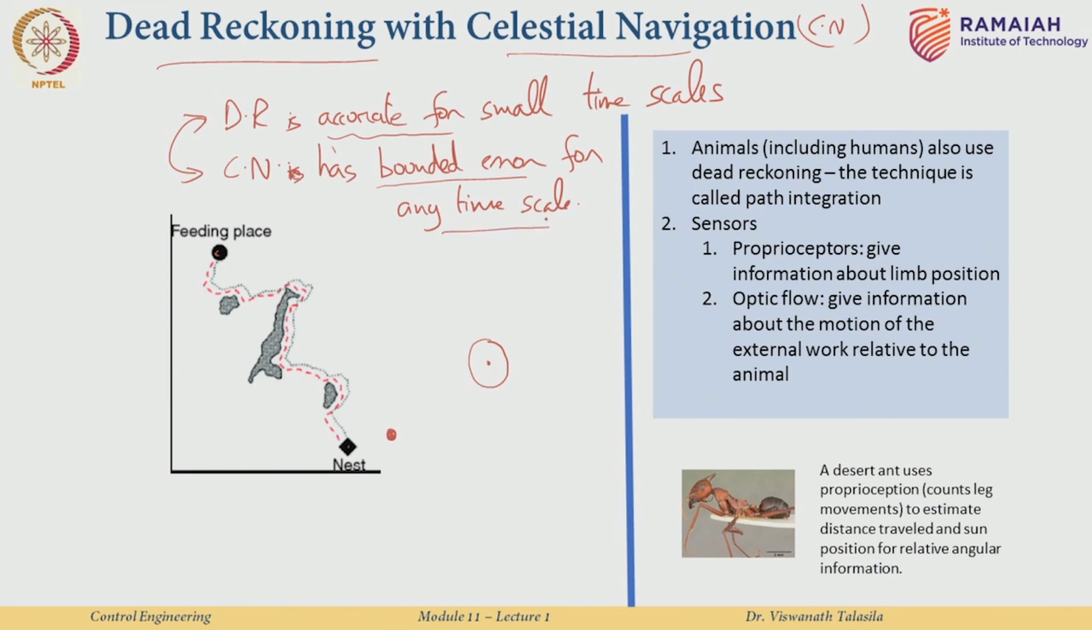And in fact, the desert ants actually use these kind of things. So, what this guy does over here, it uses these proprioceptors which count the leg movements, it knows how much distance it has travelled, it uses the concept of optic flow to get a feel of the velocity. So,